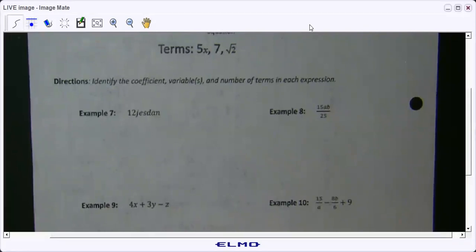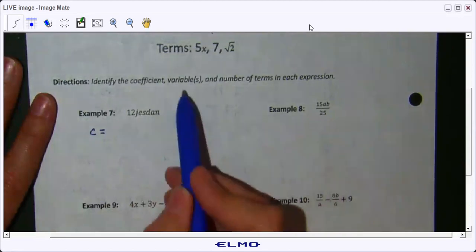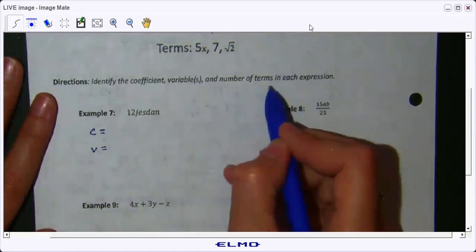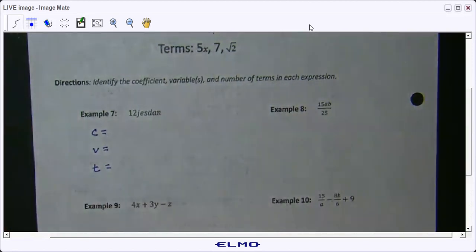So when we're going to identify the coefficient, we're going to represent that by a C. Variables, just represent that by a V. And the number of terms, we're going to represent by a T. Now in algebra, please curve your T. Otherwise, I think it's an addition sign. Sometimes the book will show a T as a variable. I don't ever use T's as variables because they do look like addition,